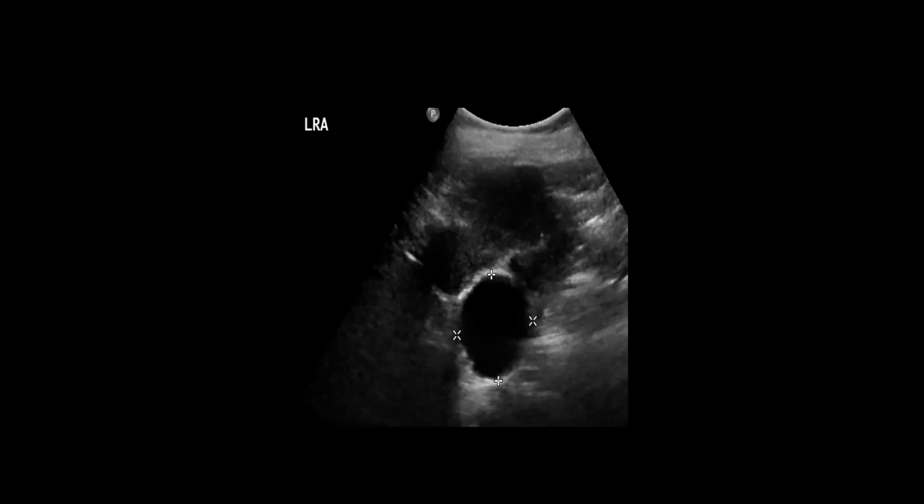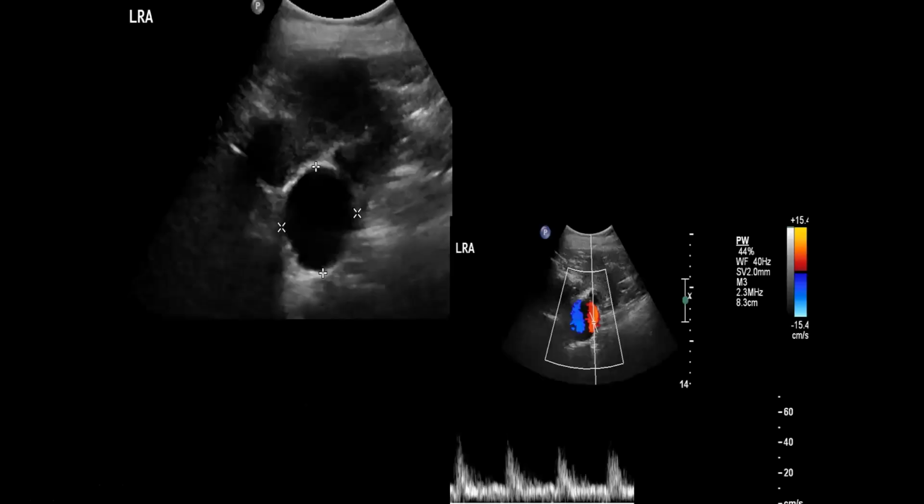Ultrasound was done. Initially, this was called a simple left renal cyst. You can see an anechoic structure, rounded, with acoustic enhancement behind it. But this is very dangerous. Very dangerous to call a renal cyst without putting Doppler on it. The reason why is sometimes